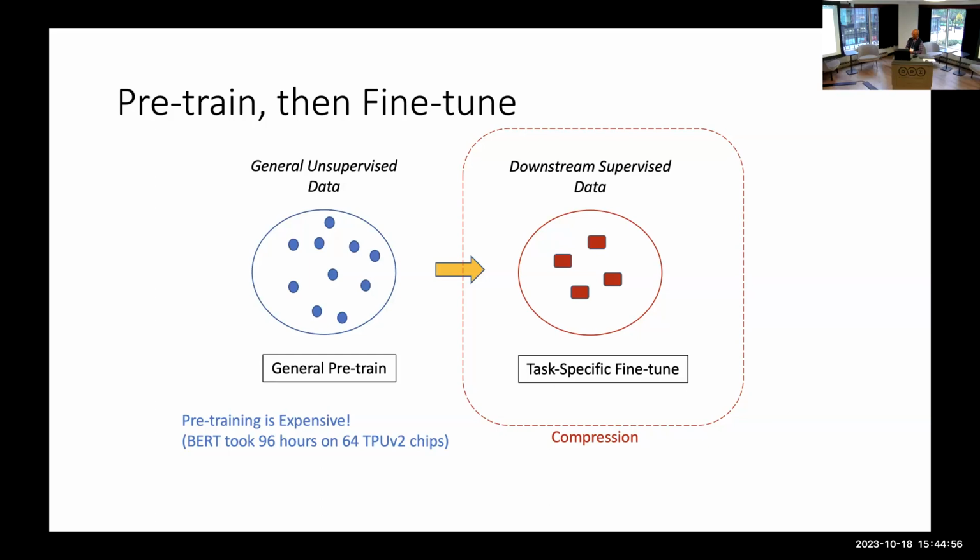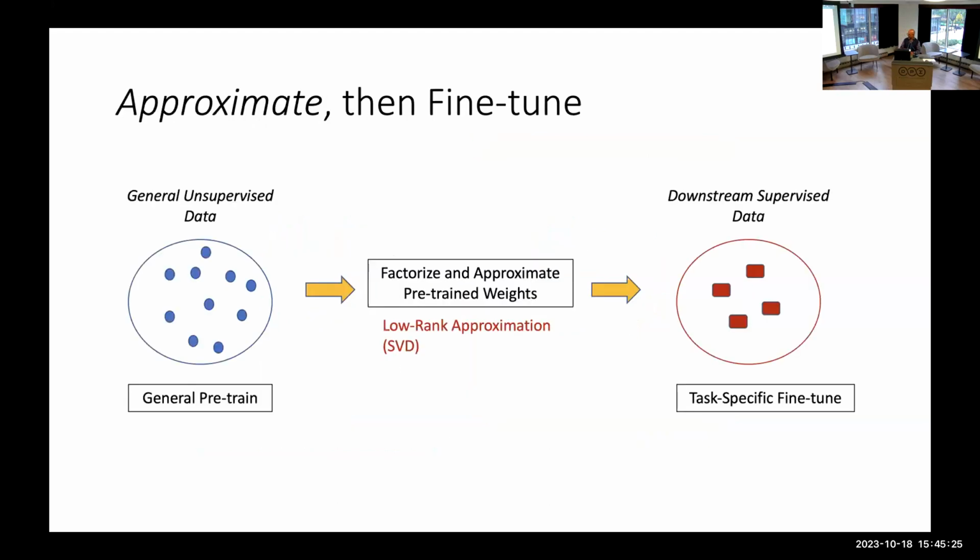First, there is a very expensive pre-training phase where there is this foundational model, or the big model, that is pre-created, for example, BERT. And then for various specific downstream tasks, that model gets fine-tuned. And so we are focusing on the fine-tuning part, where we want to use compression or factorization, because the fine-tuning involves both training and then, after that, using it for inference.